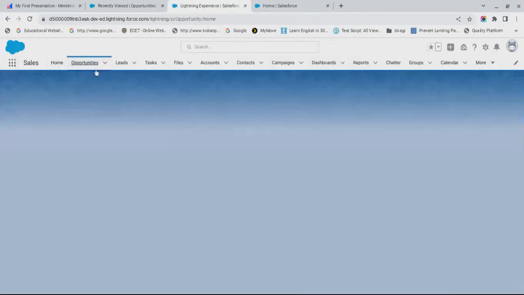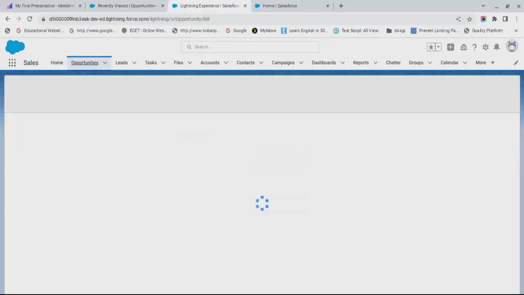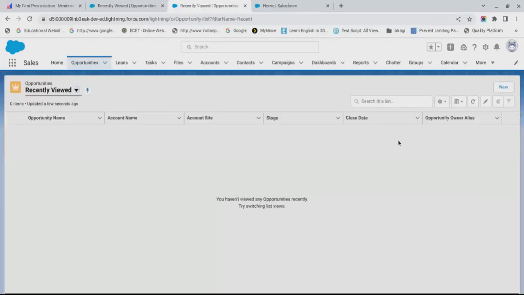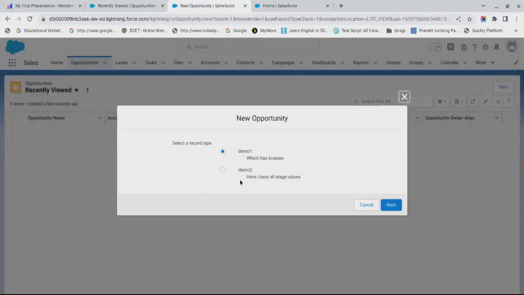I'm going to opportunities and clicking on new. Here, I created two values, demo 1 and demo 2. These are two record types I created. Through one record type, I want to show only six values. In the second record type, I want to show all the stage values. So I'm going with the first one